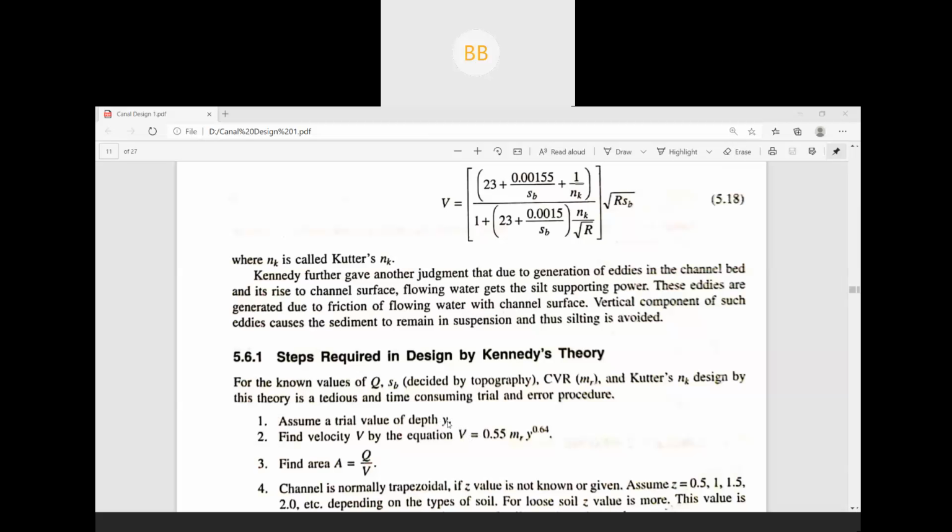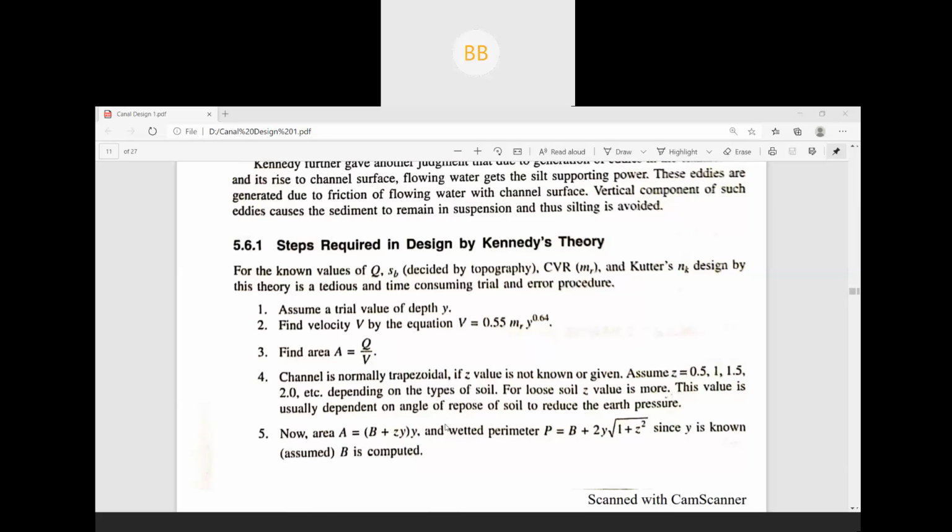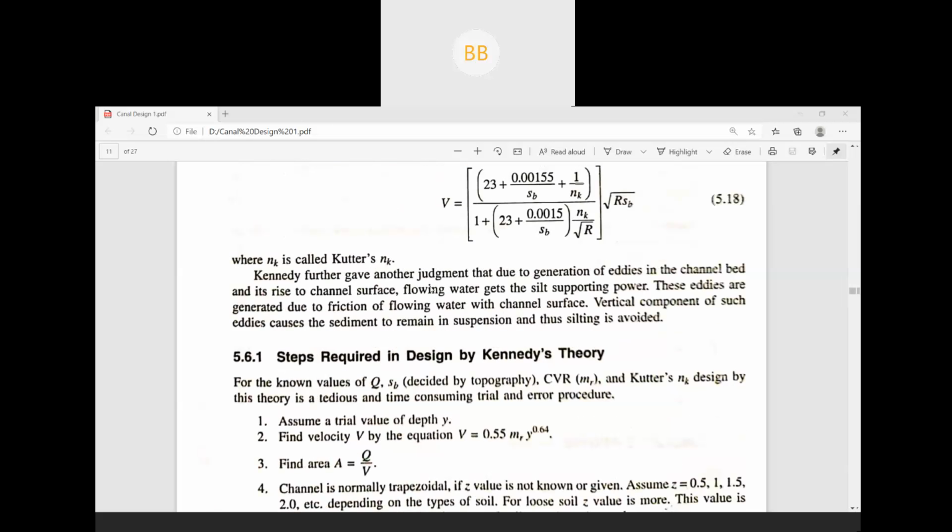Okay, if you assume first 2 meter as the depth of flow, and then you do all the steps till 7, and then compare both the velocities that you have calculated in step number 2 and step number 7, if both the velocities are almost the same, then you can say our depth of flow for the particular trapezoidal channel is 2 meter. If it is not the same, then we have to assume another depth of flow. It may be 2.5 or 2.3. It depends on you. So this is the whole procedure.